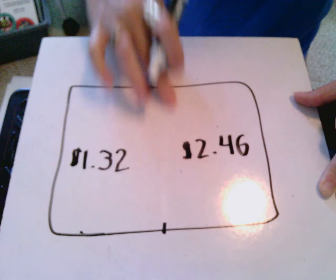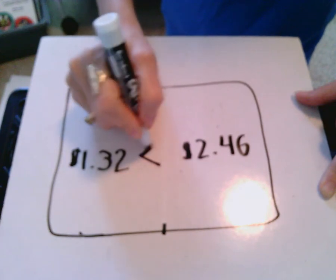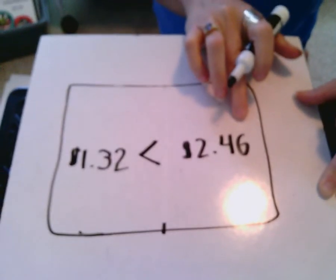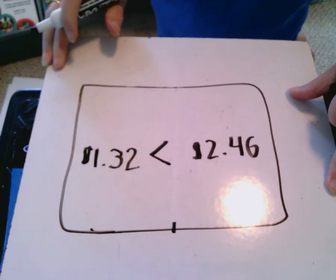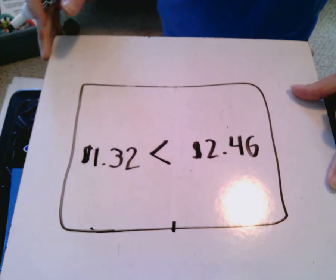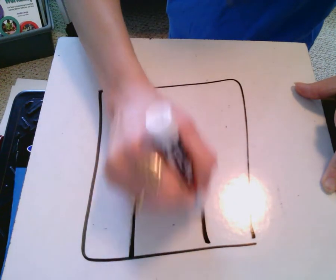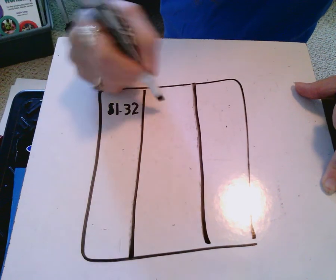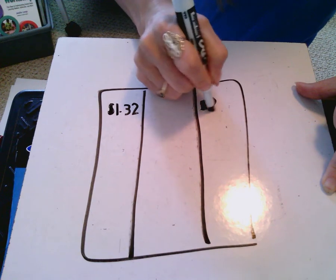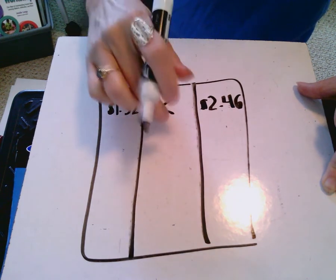and then in the middle is where you're going to put your symbol. So I know $1.32 is less than $2.46. So after you do this on your sheet of paper, it may even help if you fold your paper in thirds. Either way works. If you wanted to fold your paper in thirds instead of in half, you can do it this way, and you can write your money amount. And in the third column, write your other money amount, and then put your symbol in the middle column,